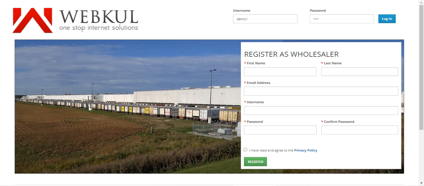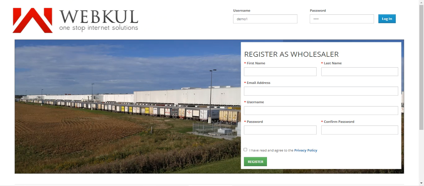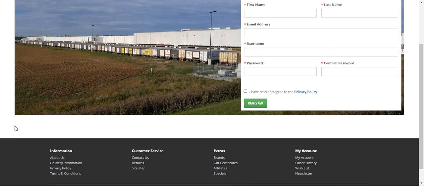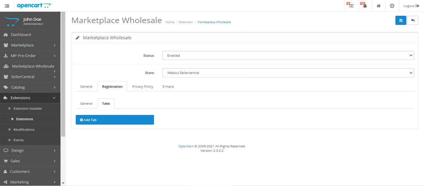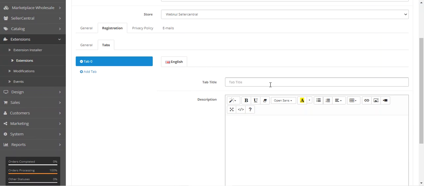So here's the background image of the registration that can be set up. You can set up the background image text color as well. You can set up the background image text as well if you want. Under the tabs here, you can add multiple tabs that would be visible under this particular section. So for example, if I add one tab, why choose us,